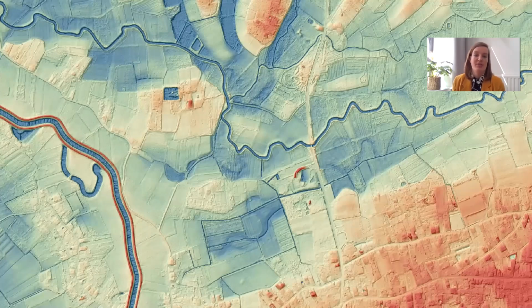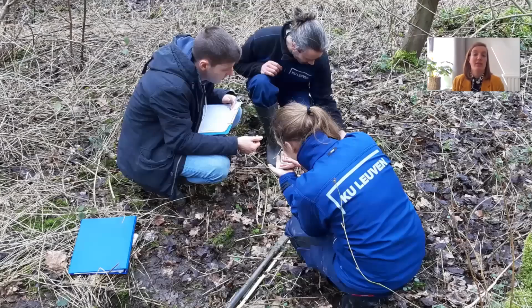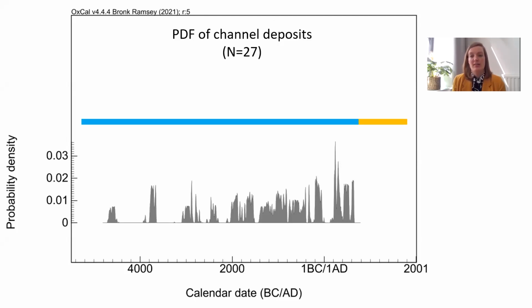This is done, amongst others, by mapping digital terrain models and historical maps to locate old river systems. These are then located and studied in the field through coring to gain a better insight in their dimensions and formation. Key layers within the stratigraphy are sampled for carbon-14 dating to gain insight in their chronology as well. First analysis of these dates shows that Dijle and Demer actively shifted their course throughout the second half of the Holocene, a process that came to a stop in the early medieval period,